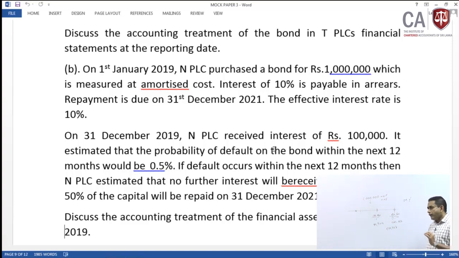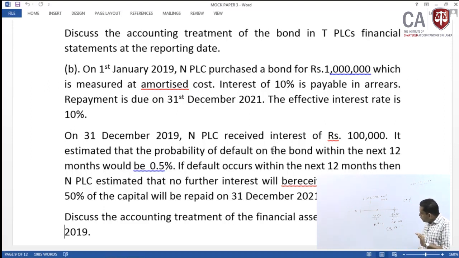and your ultimate figure should be expected credit loss. For the credit loss to become the expected credit loss, you need to multiply it by the probability of default, probability weighted. Normally, as you do the impairment calculation, it has to be the probability of default into loss given default into exposure at default, and those figures are not given, just forget it.